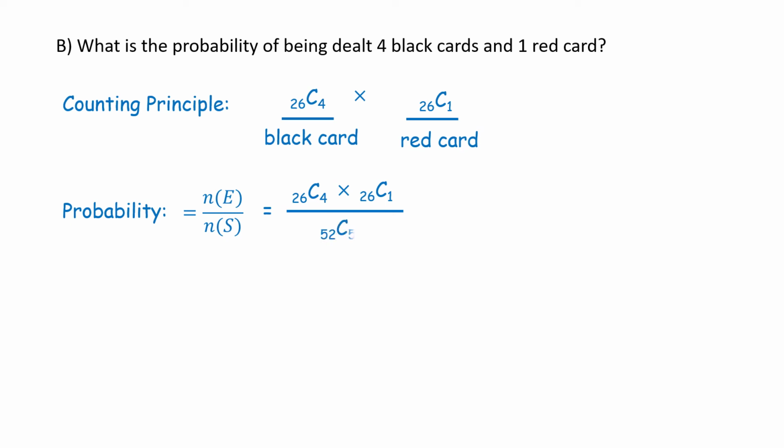That's 52 choose 5. Use your calculator to compute each of these combinations. 26 choose 4 is 14,950. We want to multiply that by 26 choose 1, which is just 26. And we'll divide that by the total number of 5-card hands possible, which would be